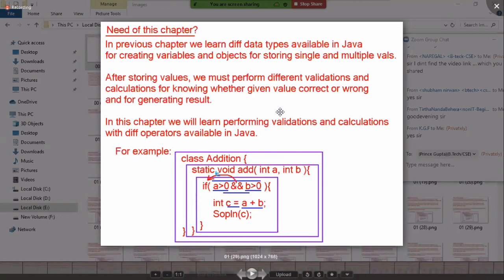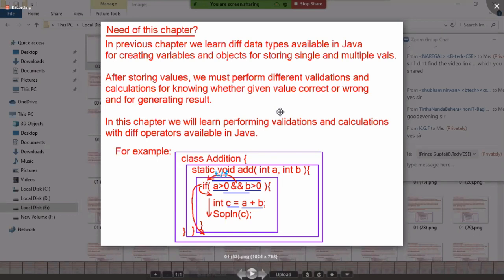That result may be true or may be false. If the value given is true, then control goes to the if block, the logic is executed, and the result is generated. If the value generated by the AND operator is false, then control goes after the if block. The rest of the statements placed after the if block in the method are executed. This is the flow of execution. So if you recollect, if you want to perform one operation, totally 4 activities I have to do.